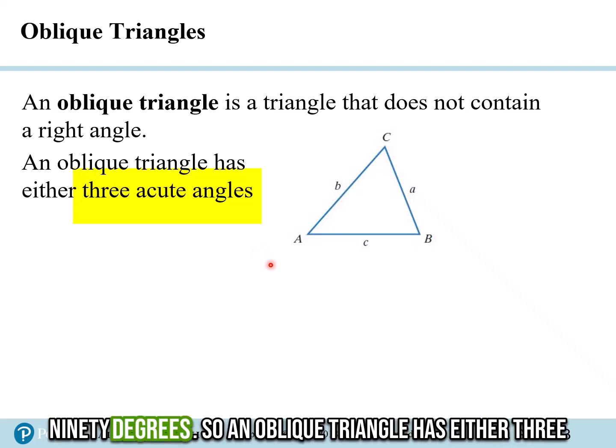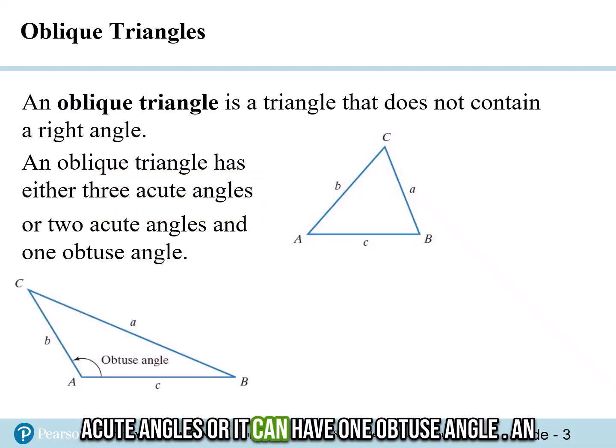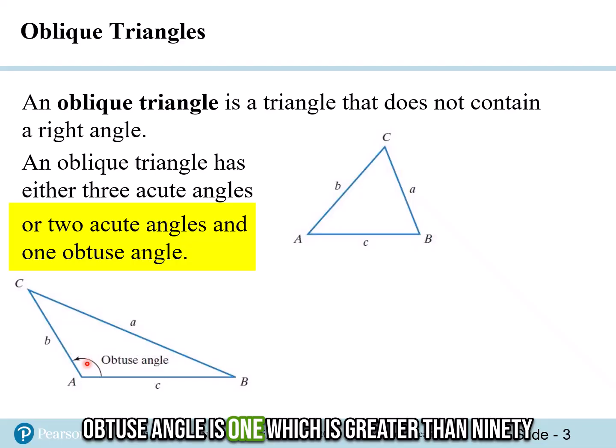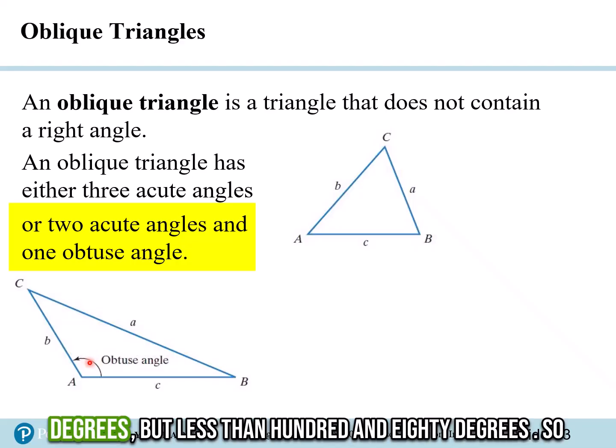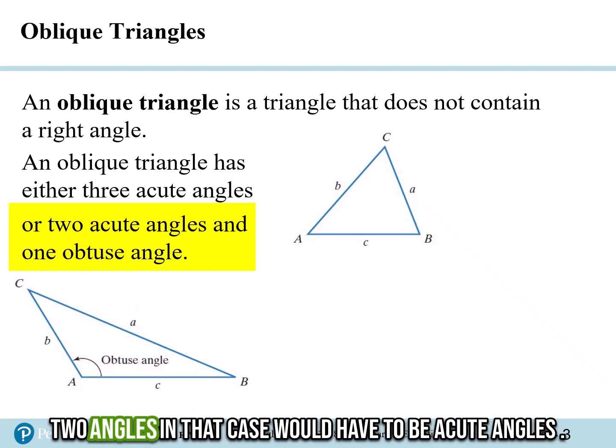than 90 degrees. So an oblique triangle has either three acute angles or it can have one obtuse angle. An obtuse angle is one which is greater than 90 degrees but less than 180 degrees. So it can have one obtuse angle, and obviously the other two angles in that case would have to be